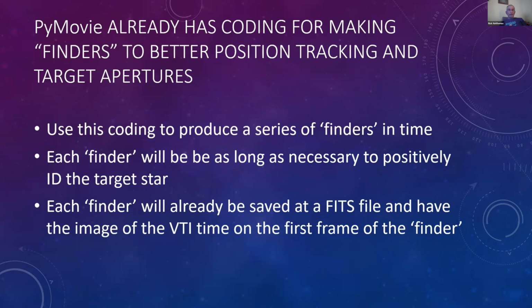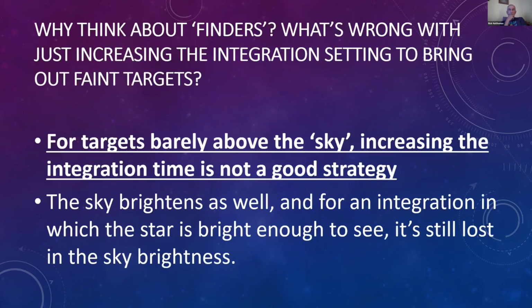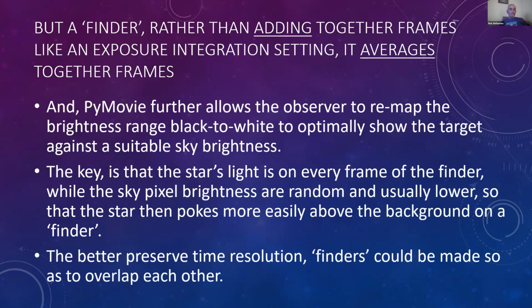And I thought, well, later I could try and make finders, and given how long the event is, a full minute, that it could be possible to see that there was really an event, even if the point-to-point scatter in the actual data was so random that PyMovie might say, no, I don't think you've got anything significant here. So I said, okay, I'm going to do this. Sky brightness and big moons is really the big place for trying to do something like this, I've decided.